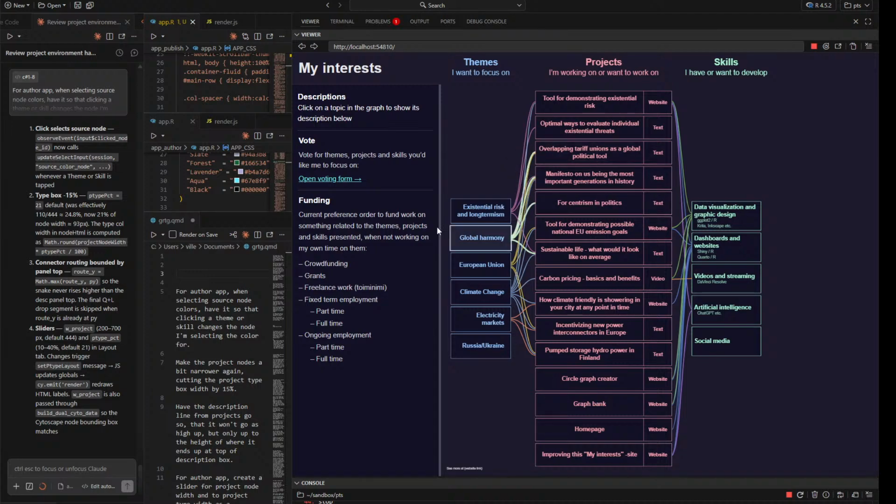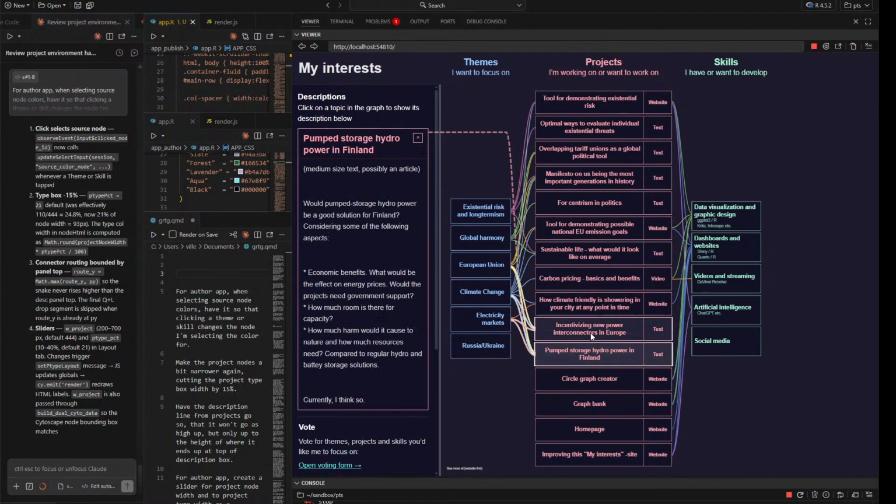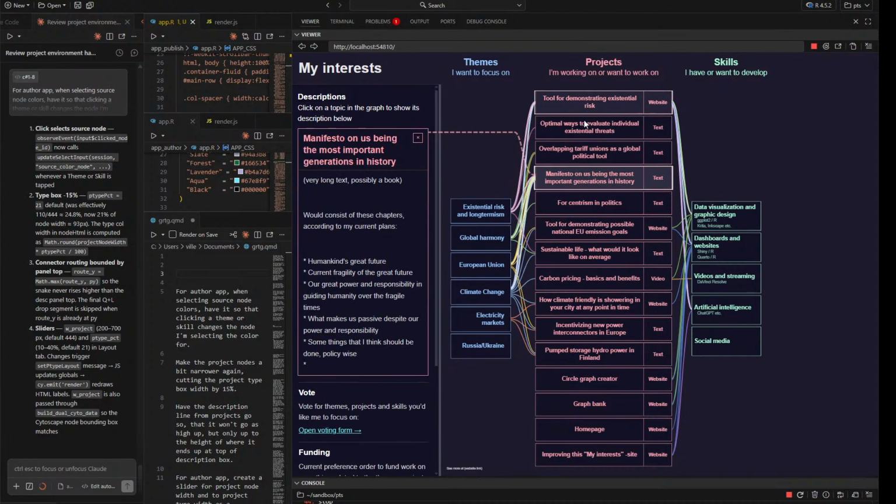So I think this also shows quite well that we could increase the width of this page, and what I'm thinking to do is, I think I want to, yeah,